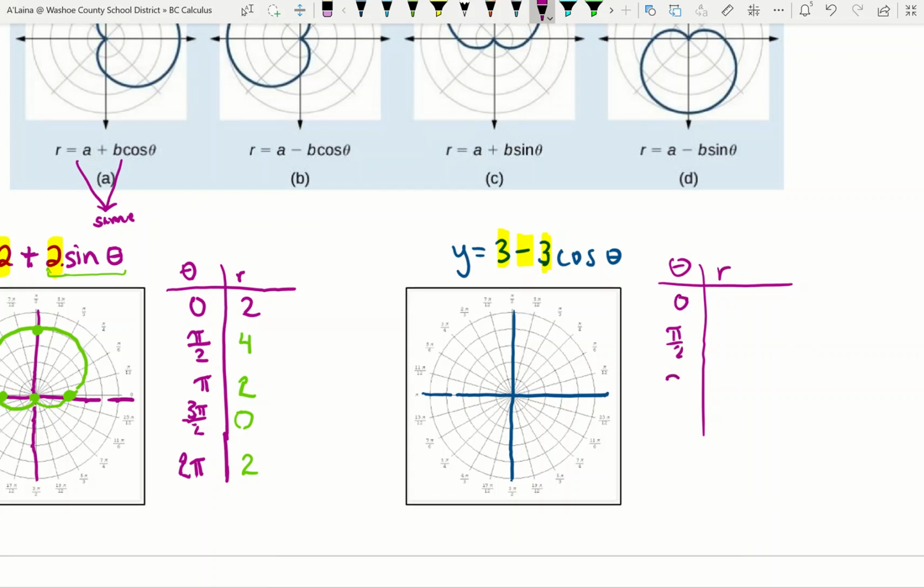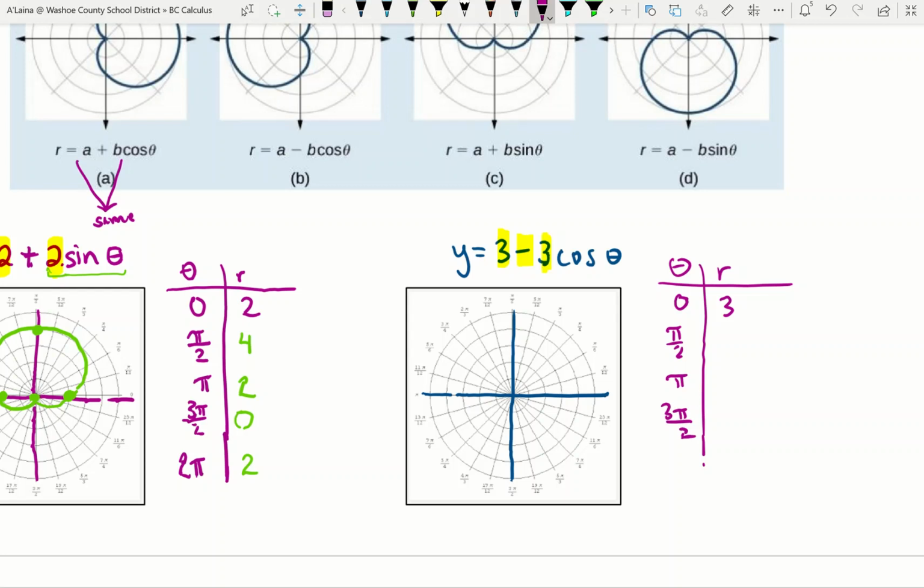I'm not going to do 2 pi because it just repeats. But you could, if you wanted to, just repeat 0. I'm going to plot a point or two. If I plug in a 0, cosine of 0 is 0, so that zeroes out times 3. So 3 minus 0. And then if I plug in pi over 2,